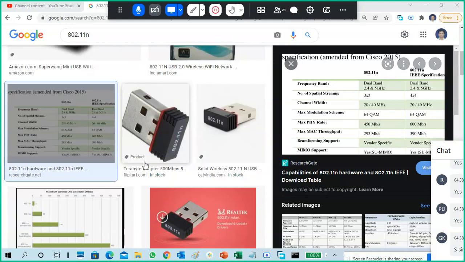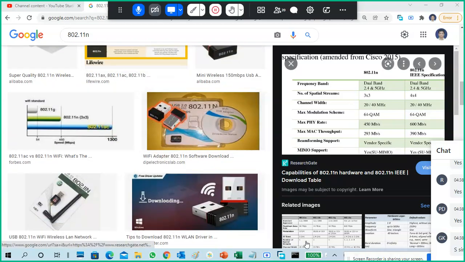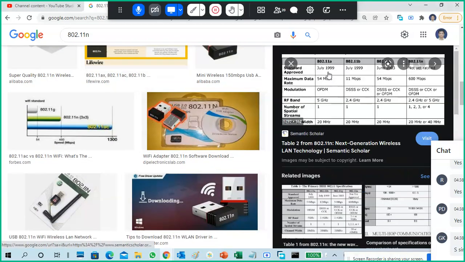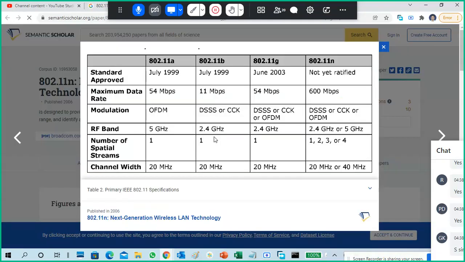Here is a table. Can you see? A is 54 Mbps, B is 11 Mbps, G is 54 Mbps, N is 600 Mbps. It depends on the standard.